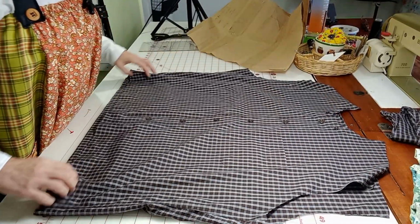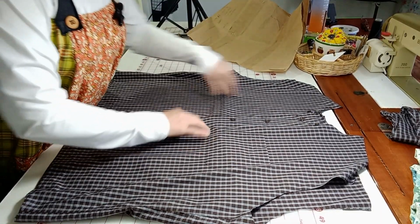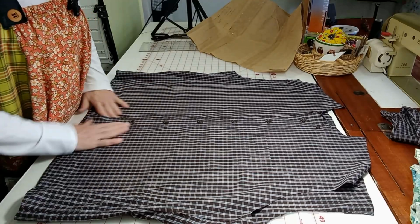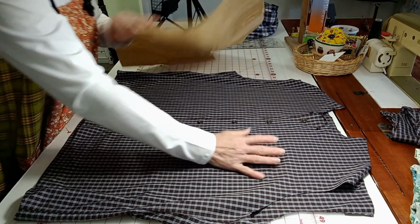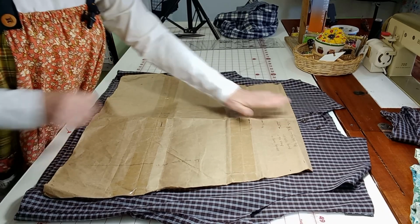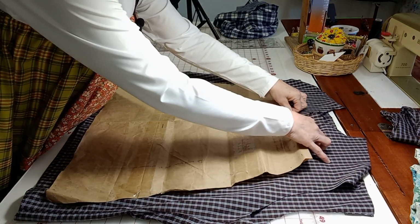Okay, so the first thing we're going to do is make sure our shirt is laying flat. Nice and flat. Don't worry about the pocket. You can just sew it shut. And then we're going to take our pattern. And, you know, by this time you would know how wide you're cutting it. And you're going to lay it,